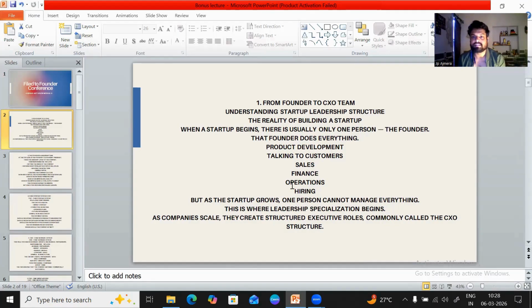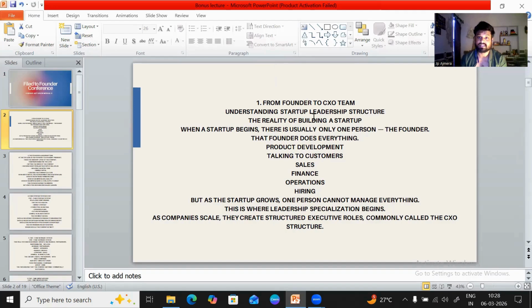From founder to CXO team. We know who the founder is; we already discussed this person a lot. The founder is the one who founded the team, from idea to execution and to product or service. So what is the CXO team? C refers to chief, X refers to any specialization or executive role in the company, and O refers to officer. So, understanding the startup leadership structure, the reality of building a startup: